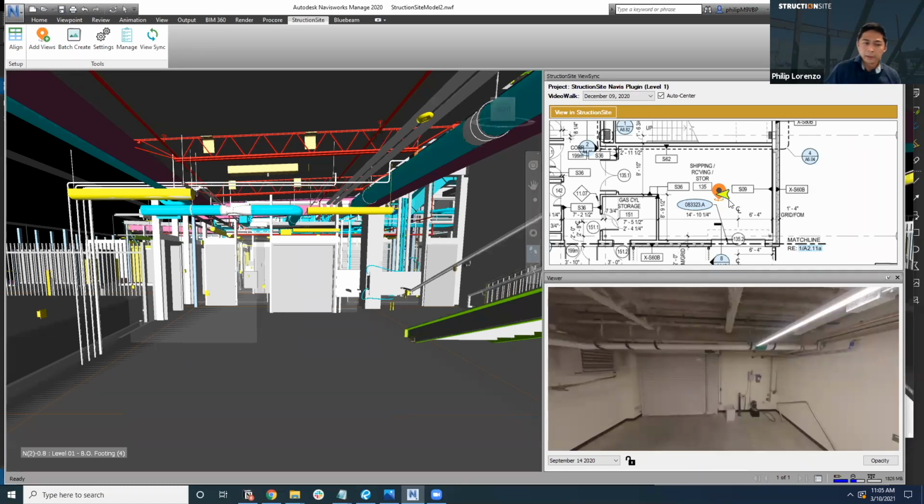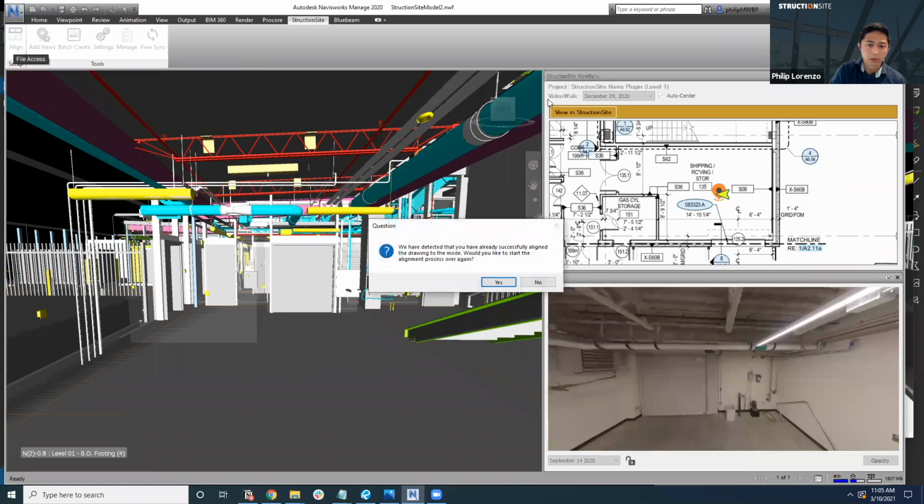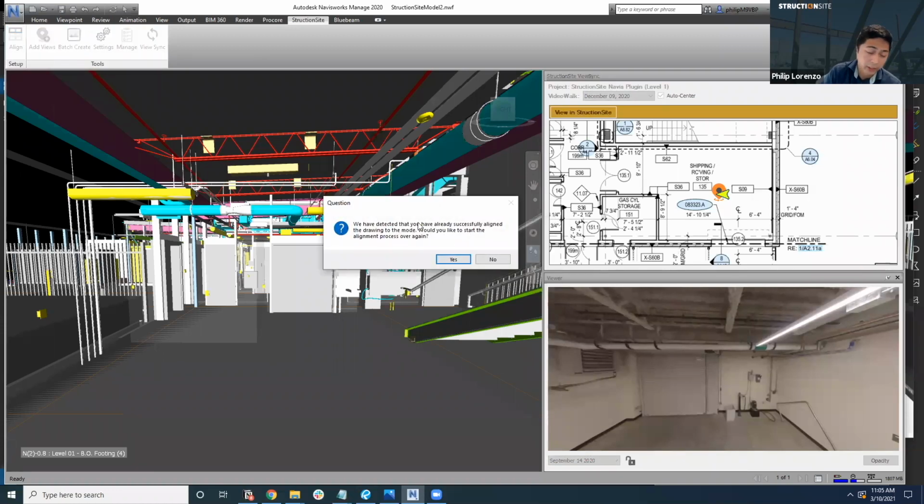and enable all these other workflows that I mentioned at the beginning. To do that, you first have to have a project on StructionSite. You have to have a drawing, and you'll align one drawing at a time by matching different corners. Before you begin, you go to alignment mode. I've already aligned this one, but I'll do it again just to demonstrate how quick and easy it is to self-serve